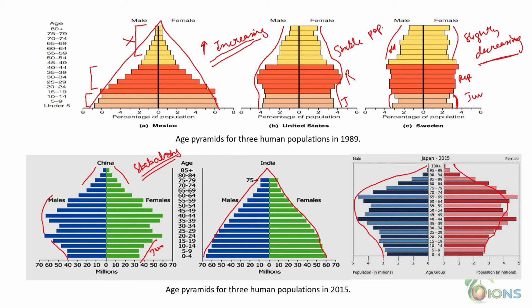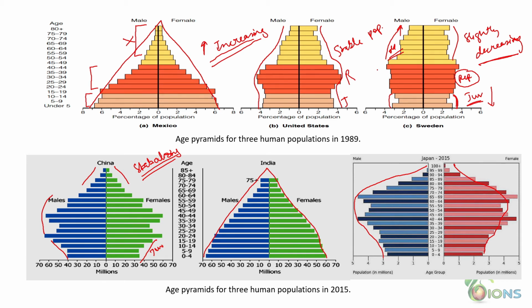The most important factor you have to see is the number of individuals in the juvenile phase with respect to the number of individuals which are old, and you have to consider how they vary with the number of adult individuals. Okay, if the number of juvenile individuals is less, then the population will be either stabilizing or declining with respect to the number of old individuals. If the old individuals are more in number, that means the population is not increasing because they are not able